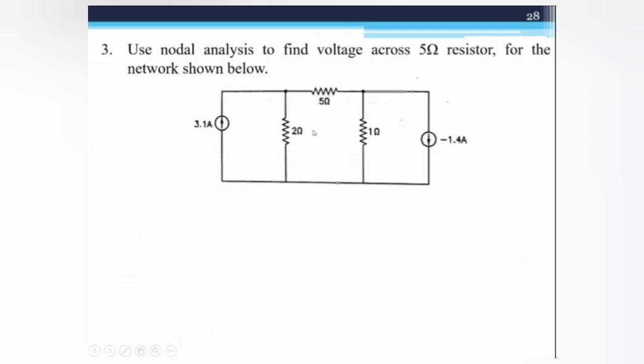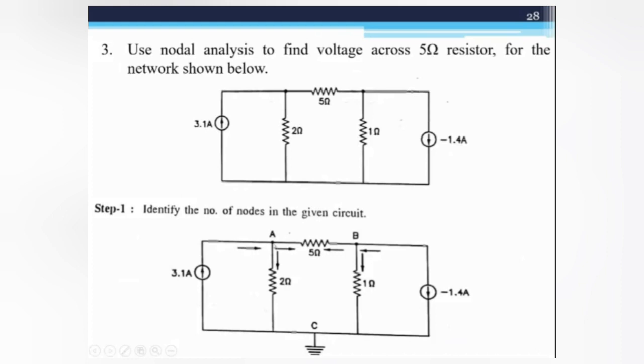Now the first step of nodal analysis is to give the node numbers, right? So in this circuit, there are 3 nodes: first, second, and the third one is a ground node. But we don't write the equation for the ground node, right? So we name the nodes A, B, and C, and our circuit becomes like this one: A, B, and C, right? So the first step of nodal analysis is to give the node numbers.